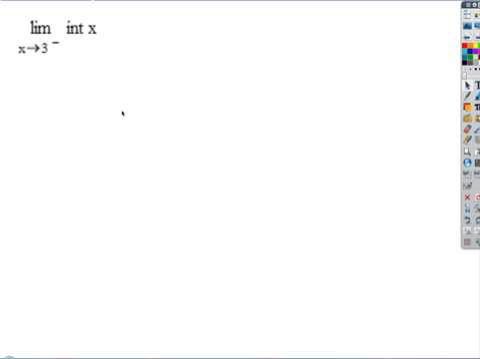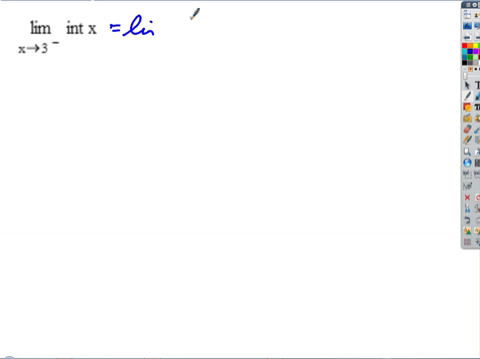Okay, this is one notation. Int x, that's one notation we have for it, but a more common notation is, I think what we talked about in class maybe instead,